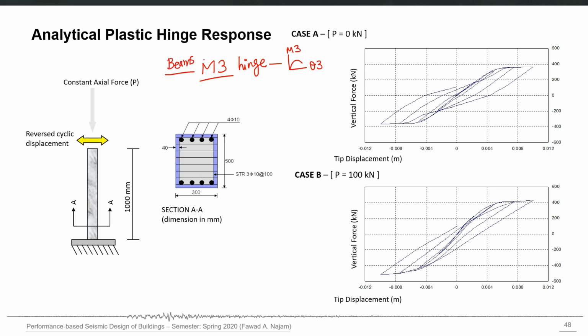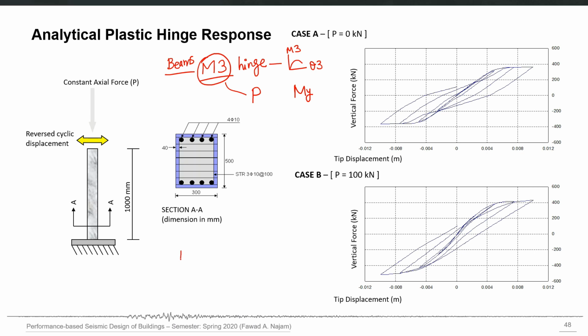But for columns, this M or M3 is not alone. It is affected by the axial load in the column. So the column capacity is not just the yield moment. It is a pair of P and M which will cause yielding in the column or which will fail that particular column.